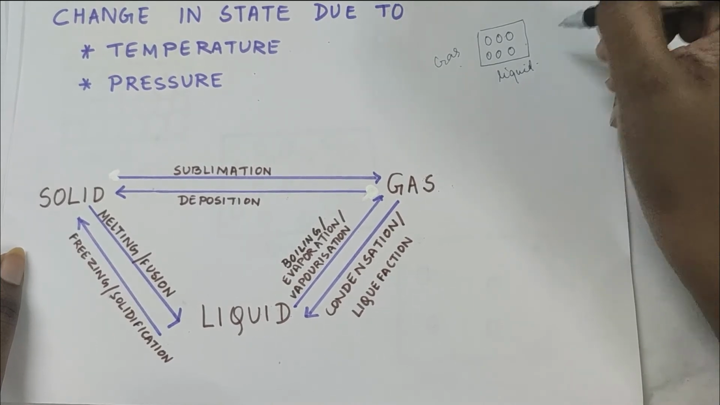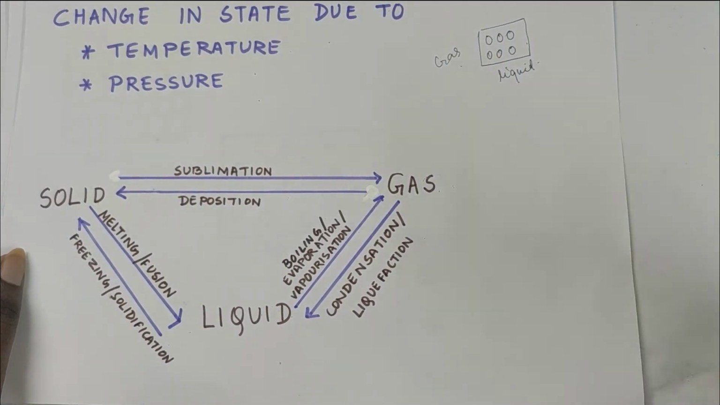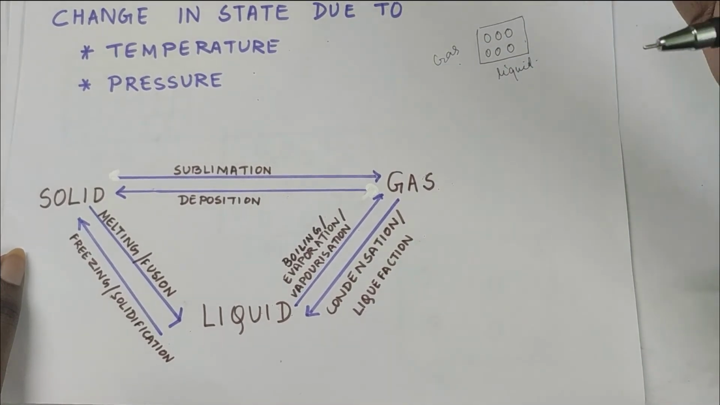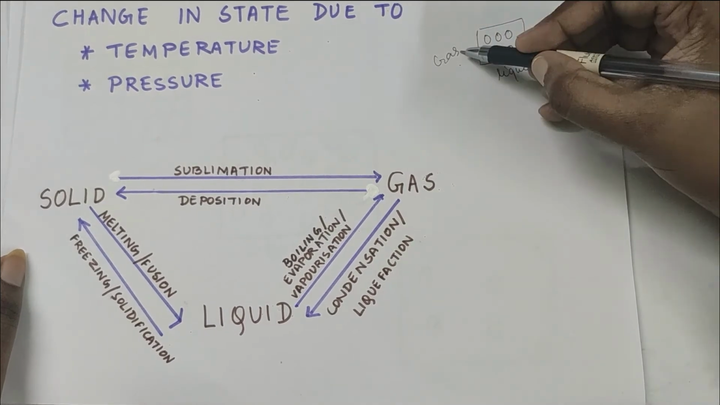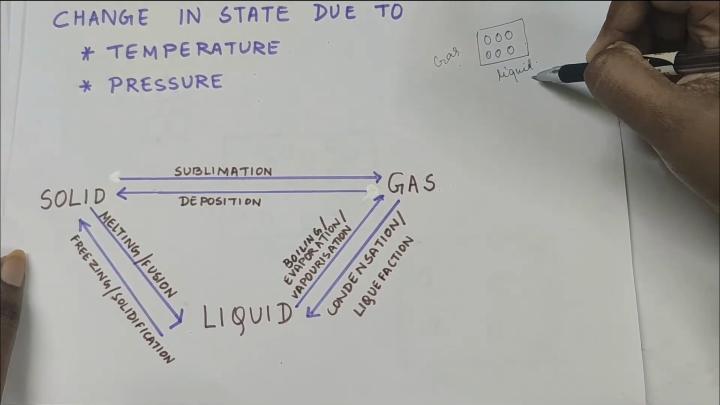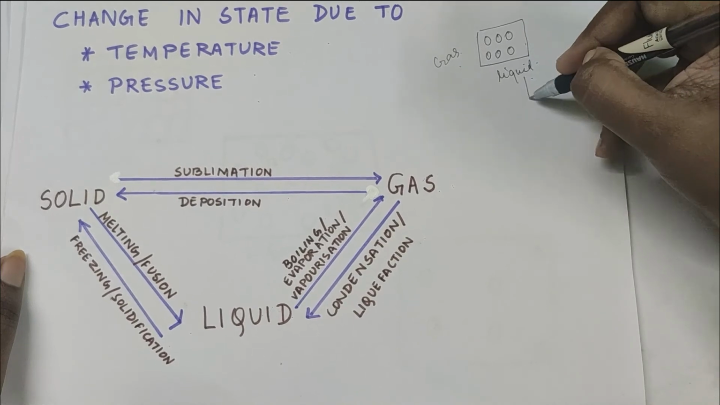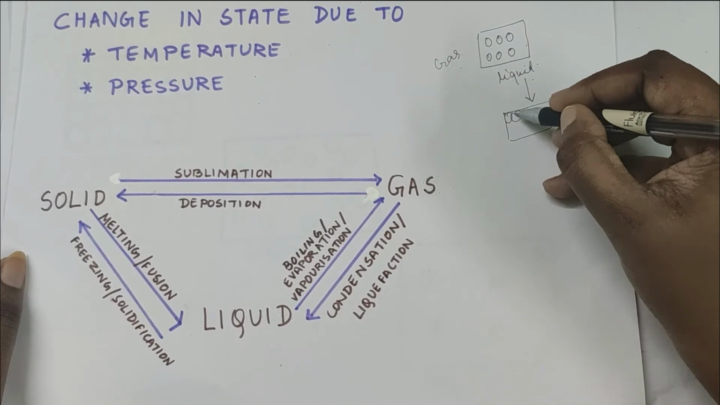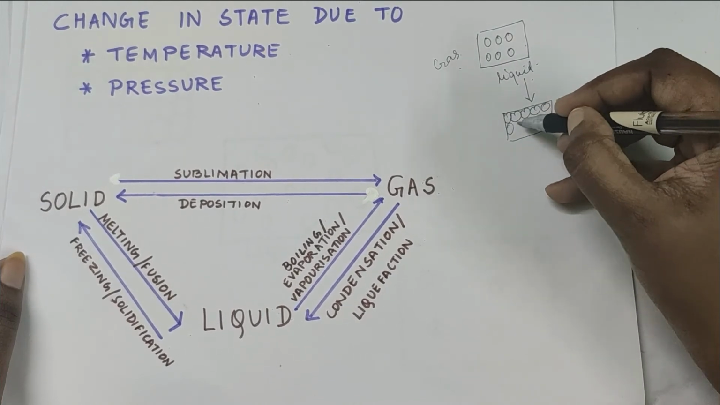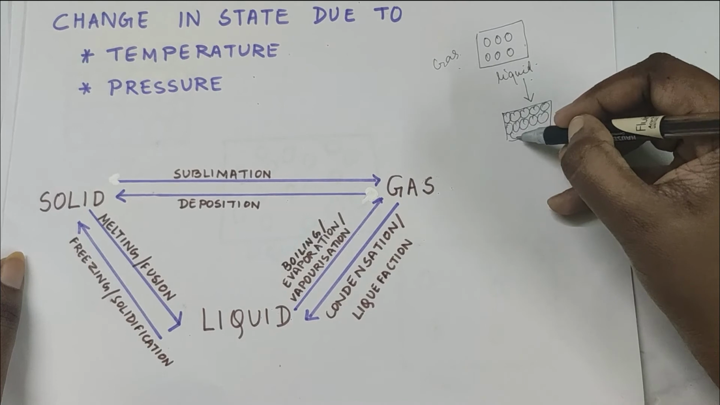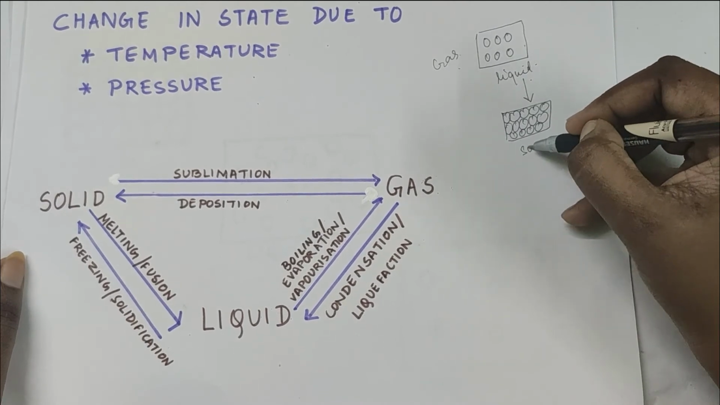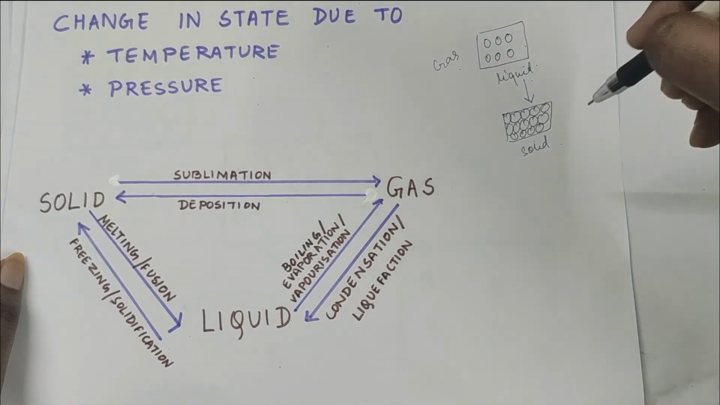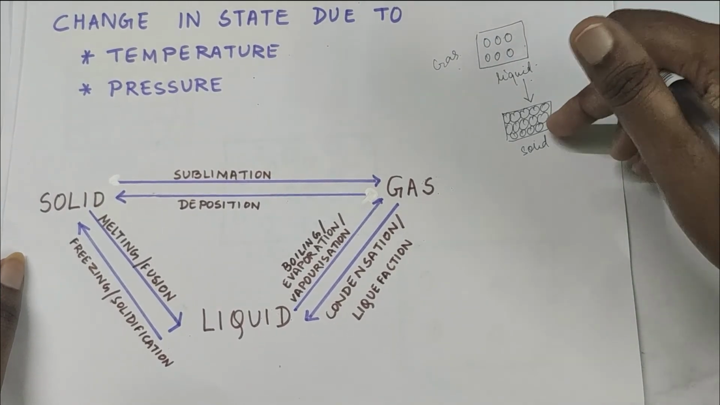Now this will also happen when the temperature comes down. The kinetic energy will decrease and the gas will change into liquid under high pressure. If we further put more pressure on the liquid, the particles will come even closer, resulting in the formation of the solid. Again, there will be decrease in temperature